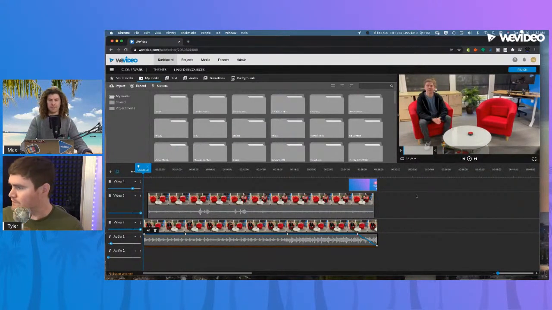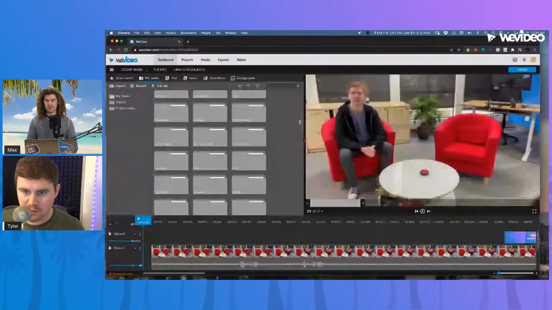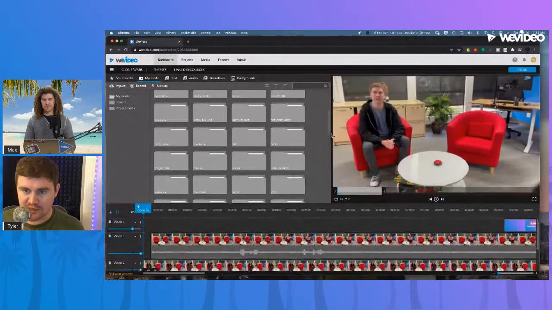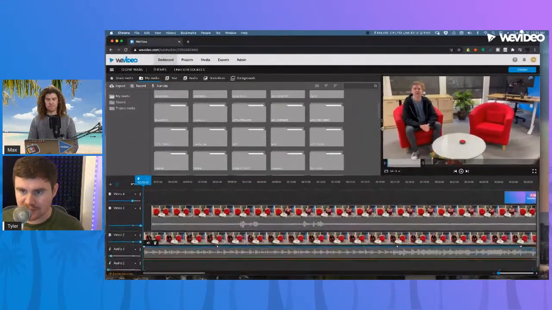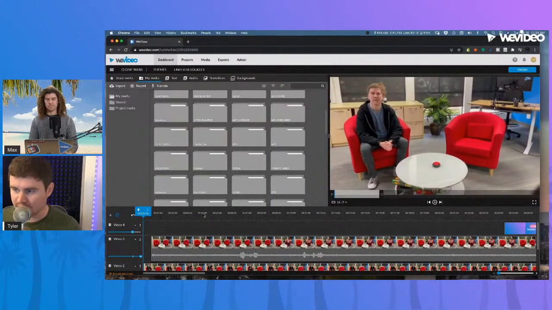Yeah, so let's just go ahead and play it so everyone knows what the finished product looks like, and then we'll get into the nitty-gritty on how we made this happen. Cool. All right, I'm just going to go ahead and preview this. Let's extend our window a bit. Quick tip, if you guys want to extend your preview window, just grab these 3 dots here, and you can drag to adjust that. All right, let's play this.